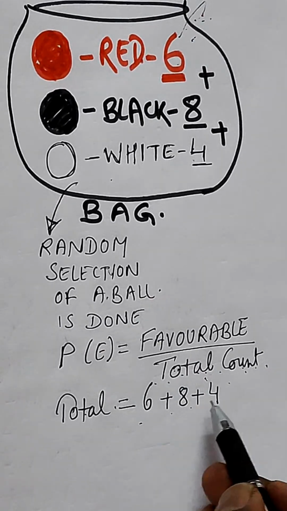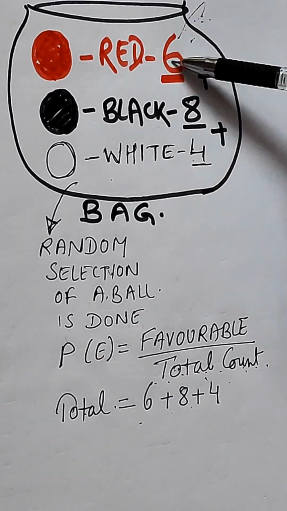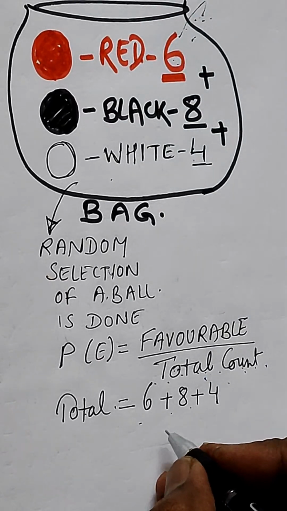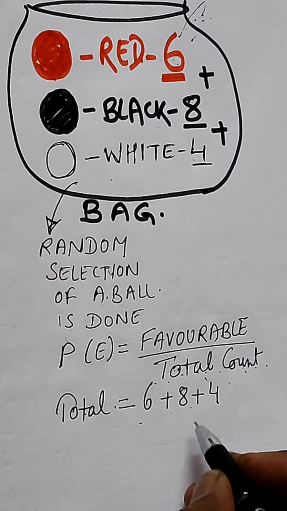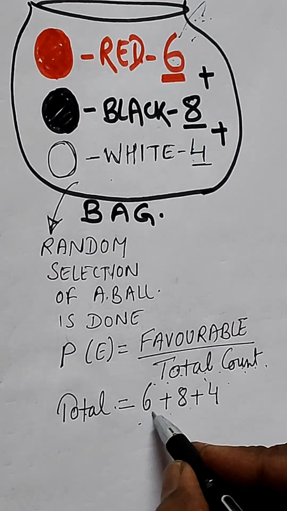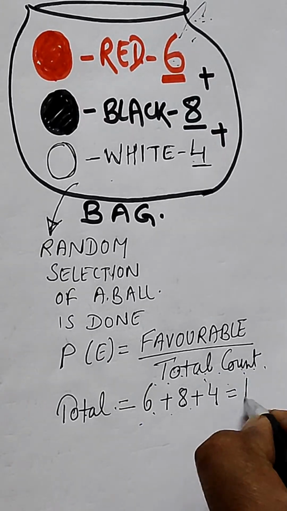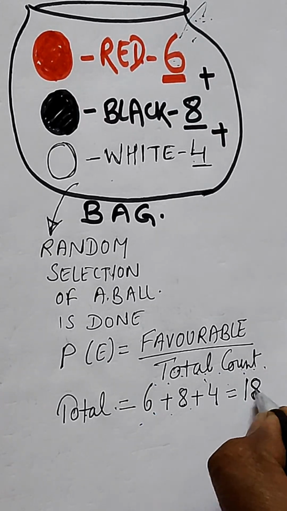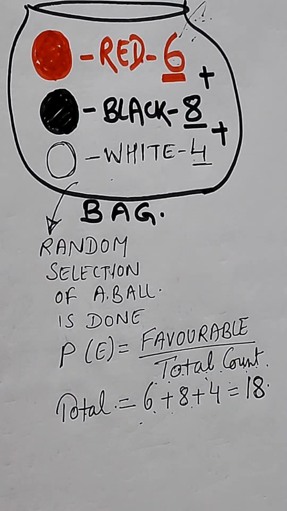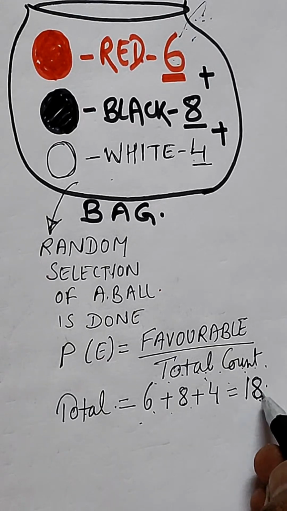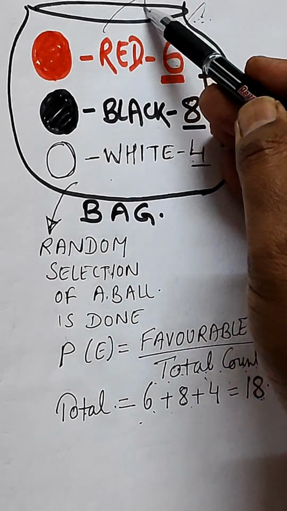That gives 8 plus 6 is 14, 14 plus 4 is equal to 18. Now, out of these 18 balls, one ball is pulled out, and that should be